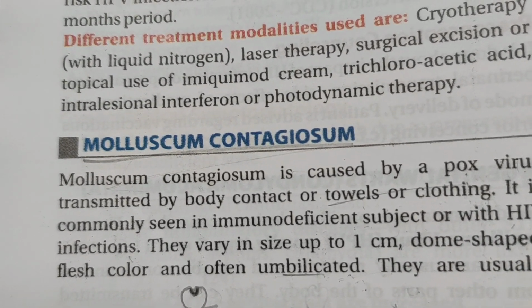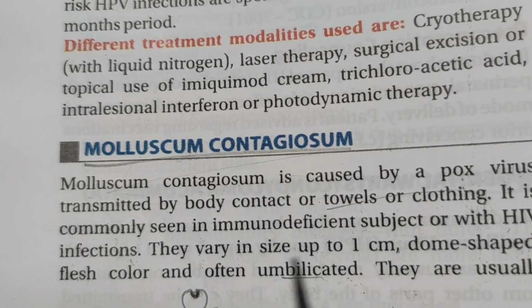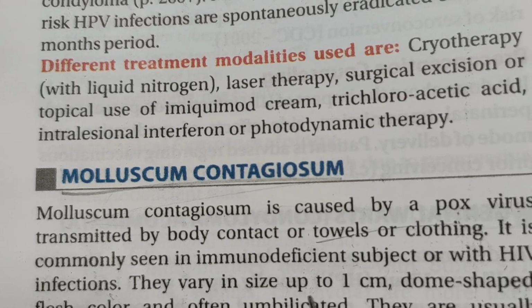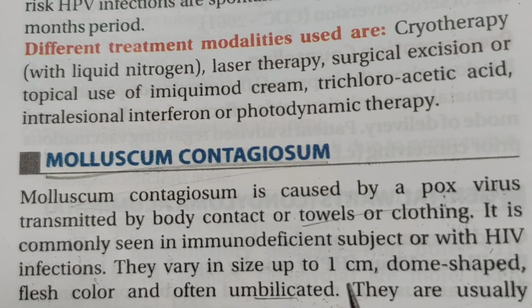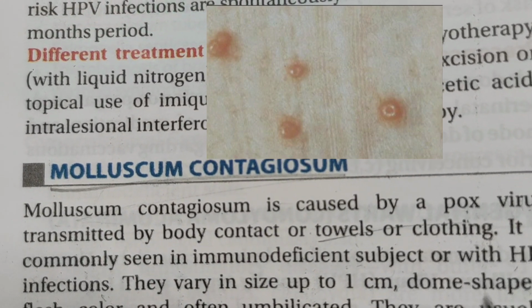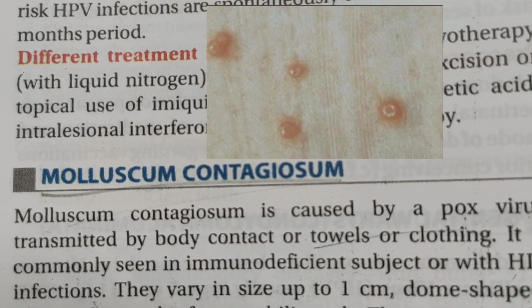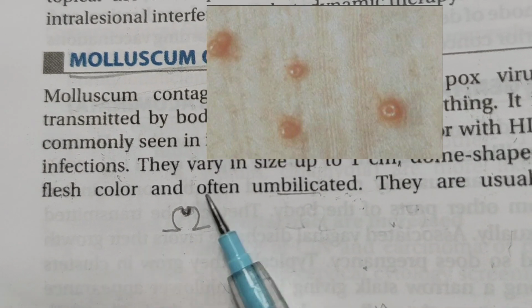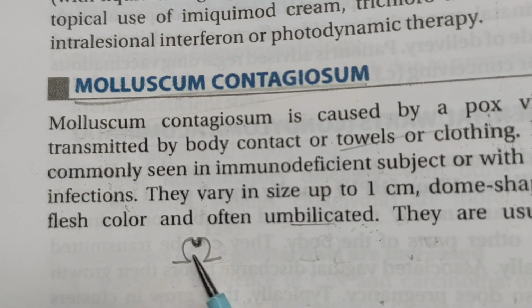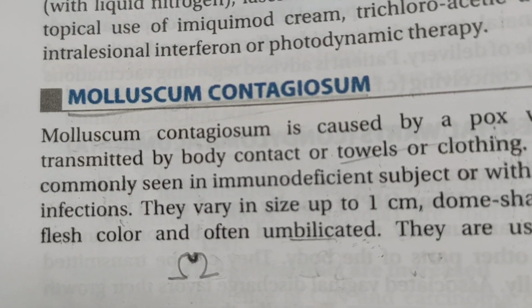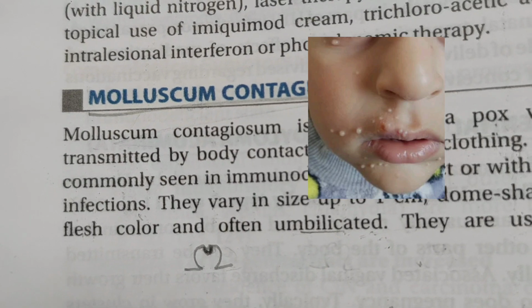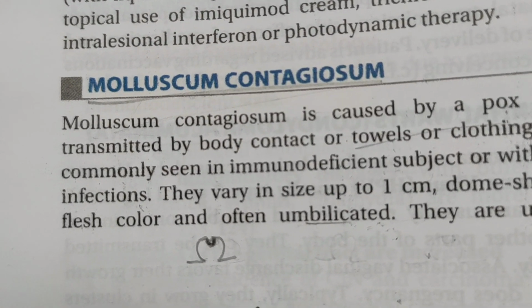When someone becomes infected and goes through the incubation period, they can eventually develop dome-shaped papules that have a characteristic feature called belly button umbilication. If we take a close look at these papules, you will see there is a central indent. This central indent is the belly button of the papule. This is how we can distinguish molluscum contagiosum from other types of skin lesions. These papules are pearly white to flesh color and they have a central belly button.